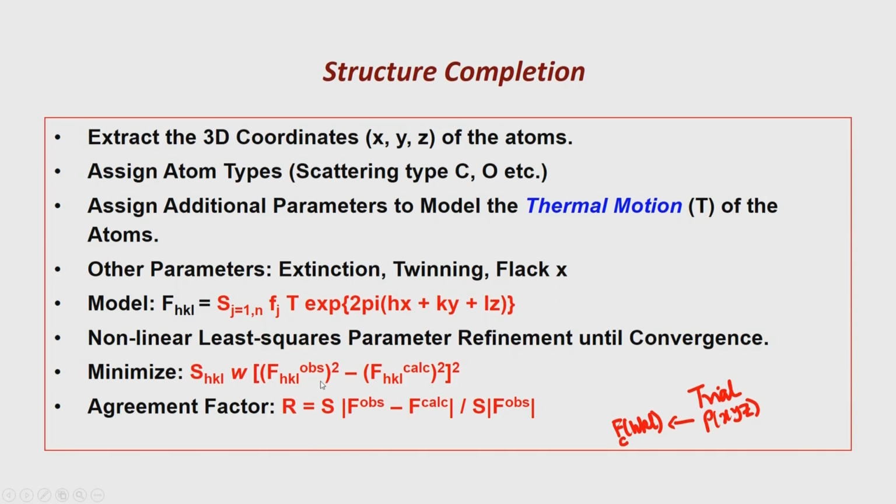If we find that this F obs minus F calc after the so-called re-evaluation makes the R factor higher, that means either the atoms are in wrong positions, or some of the atoms are in wrong positions, some of them in the right positions, and all these will be revealed in the difference Fourier map. So, if we do a difference Fourier map, it will come with ups and downs.